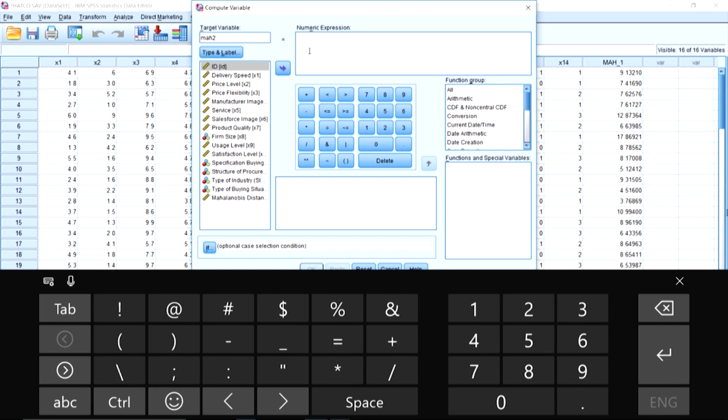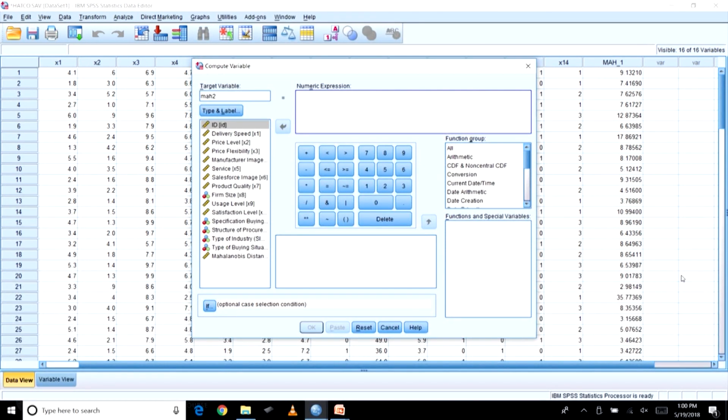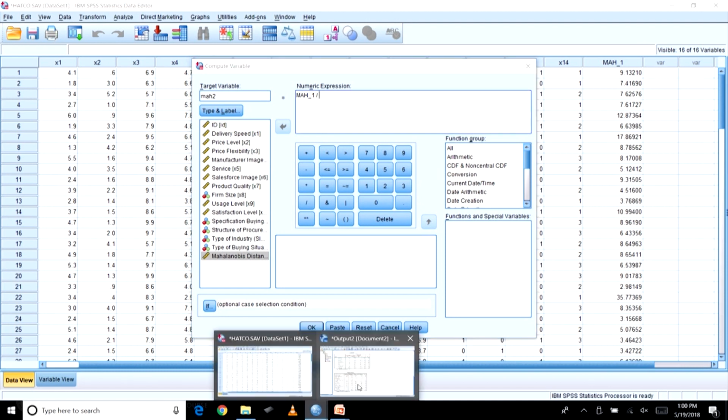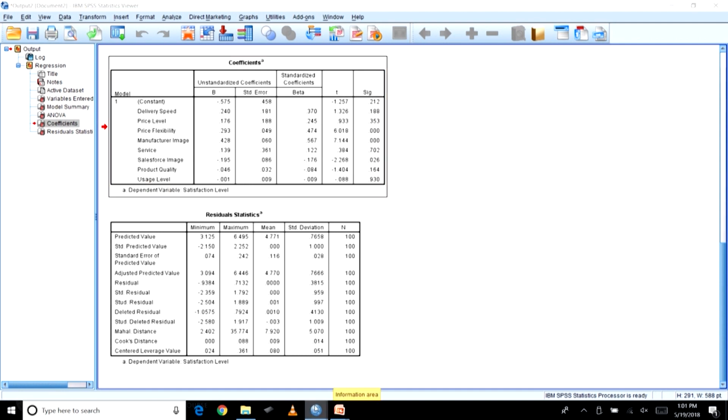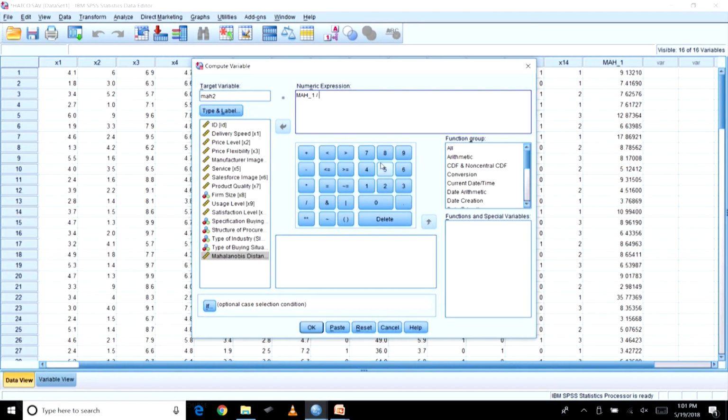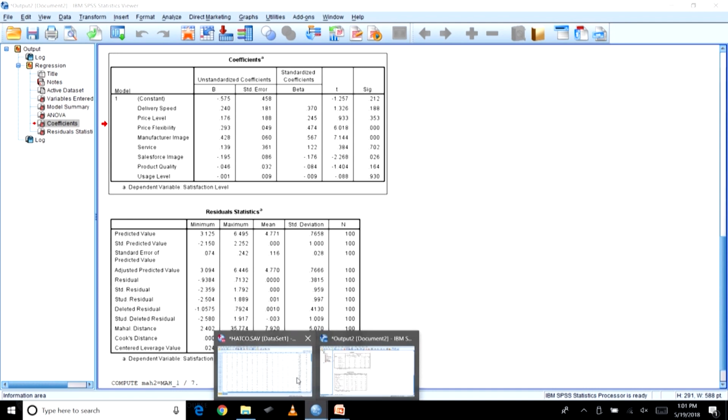So what I will do here is go to this place, I do not need it anymore. I will take this Mahalanobis distance divided by the degree of freedom. Degree of freedom means, how many variables had we taken? If you look back at the output, you can see how many there were: 1, 2, 3, 4, 5, 6, 7, 8. So 8 minus 1, divided by 7, that means, correct. So let us go to the folder again.